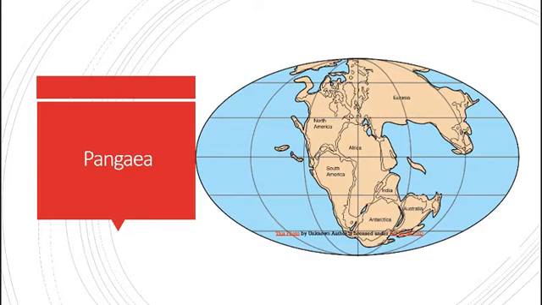and then over time, over millions of years, they gradually drifted apart from one another in a phenomenon called continental drift into the position that they're in today. But as you can see, a long, long, long time ago, there was one mega supercontinent. And you can see how the continents kind of fit together like puzzle pieces today. How do they move around like that? Yeah, the plate tectonics.